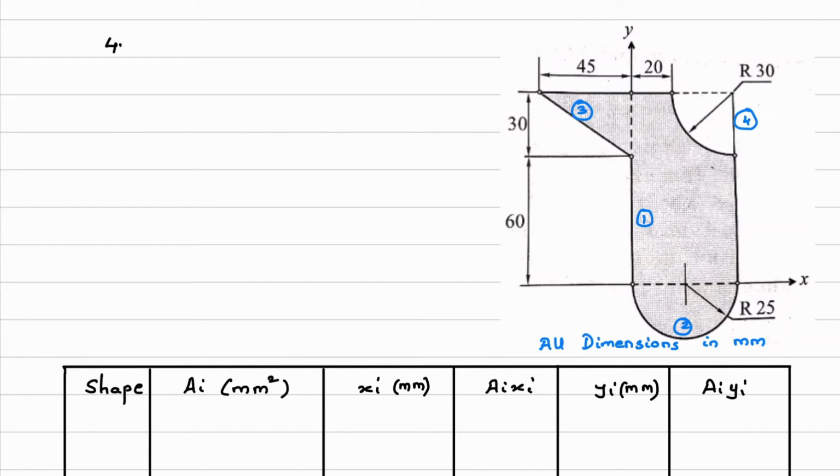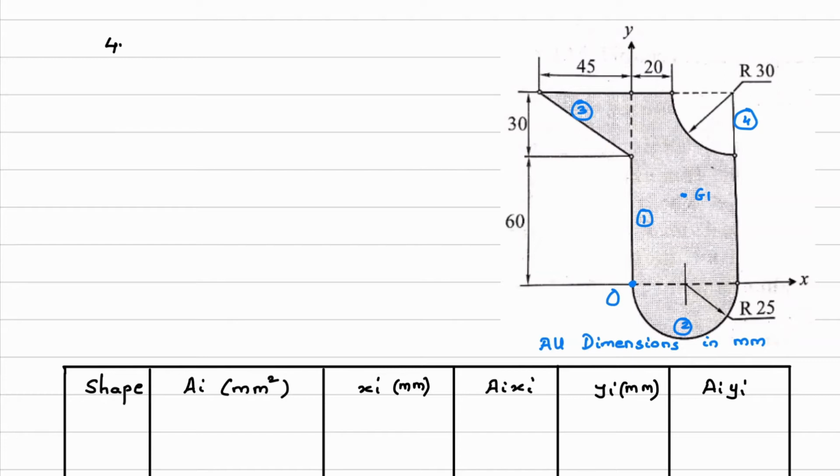Now the next step will be to identify the origin point. Just see, this is the x axis, this is the y axis, so the origin will be at this location. With respect to point O, we have to locate the centroid of this composite plane lamina. Now we will mark the centroid of the individual geometries. What is the height of the rectangle? Total will be 90, 60 plus 30, 90. So the center of this rectangle will be G1.